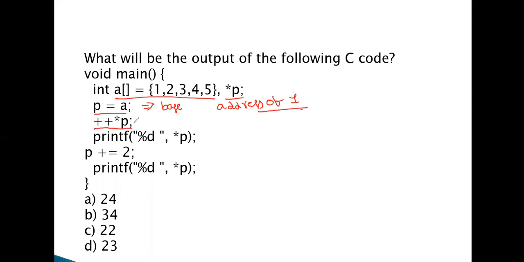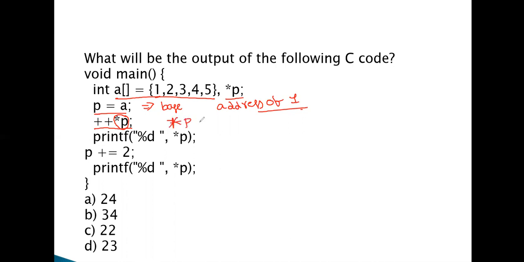Now, ++*p. What happens? ++*p means first it performs *p. What is the star operator? The star operator specifies the value present at the address. P contains the address of 1, so *p is simply 1.